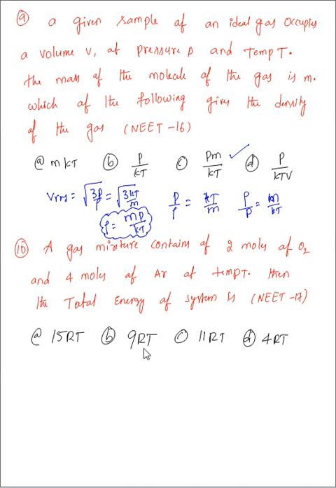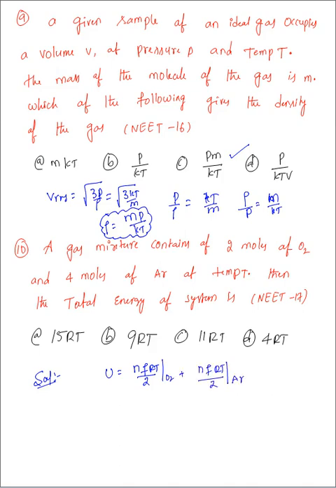A gas mixture contains 2 moles of oxygen and 4 moles of argon at temperature T. Then the total energy of the system is, question from NEET 17: 15RT, 9RT, 11RT, 4RT. Energy is basically a scalar, so we can simply add both energies. So total energy U can be written as nFRT by 2 for oxygen plus nFRT by 2 for argon gas,